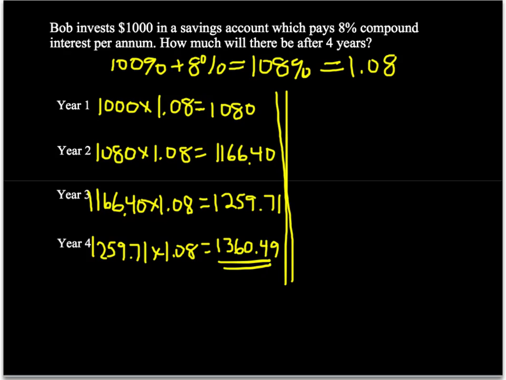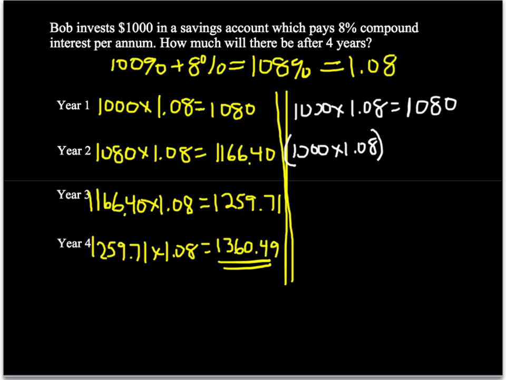We start off the same way. Year 1, $1,000. He earns 8% interest. He still gets $1,080. So what I'm going to do this time is instead of, at the start of year 2, instead of saying he has $1,080, we see that 1,080 is 1,000 times 1.08. That's the same as 1,080. So that's what he starts with in year 2. And then he's going to earn 8% interest, which is going to give him the same amount,